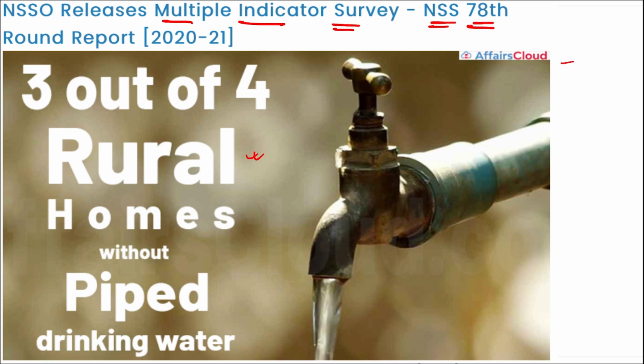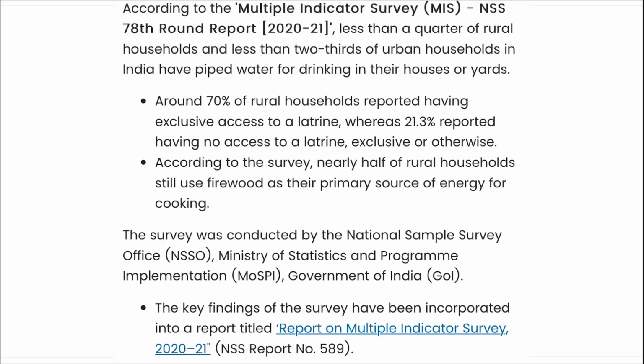All right, around 70% of the rural households reported having exclusive access to a latrine, whereas 21.3% reported having no access to a latrine, exclusive or otherwise. All right, this survey was conducted by NSSO, that is your National Sample Survey Office, that comes under the Ministry of Statistics and Programme Implementation. All right, also remember the NSSO conducted the Multiple Indicator Survey, that is your MIS survey, in its 78th cycle,